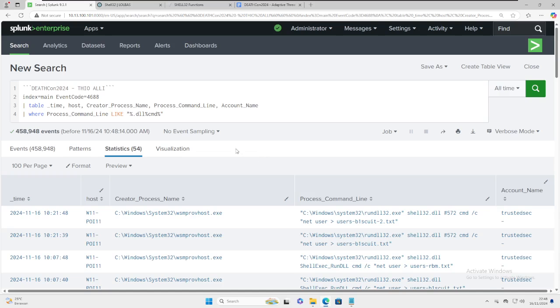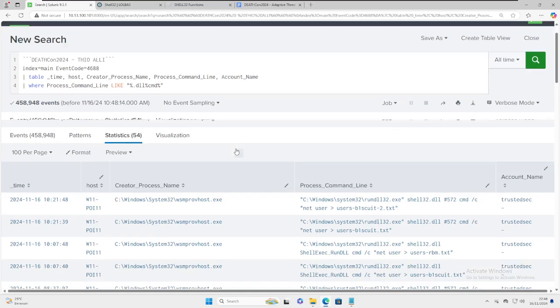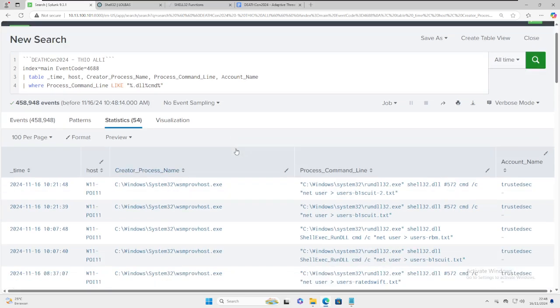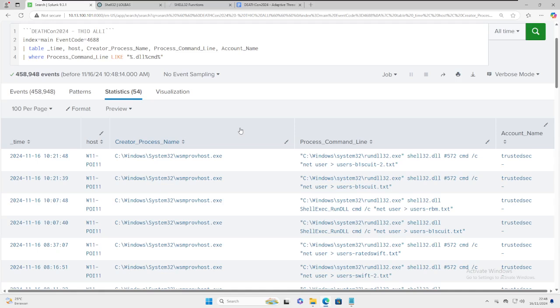For now the result is 54, but it may increase since each attendee will execute the attack simulation, so the result may be different, but this is the final result for the threat hunting.